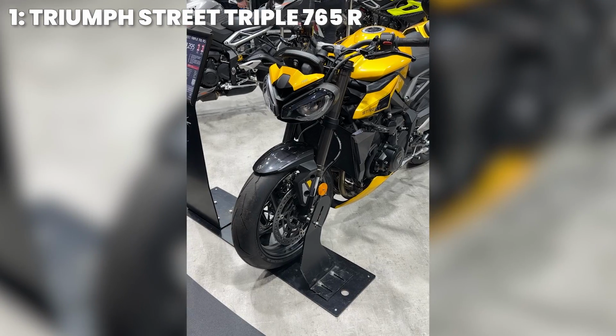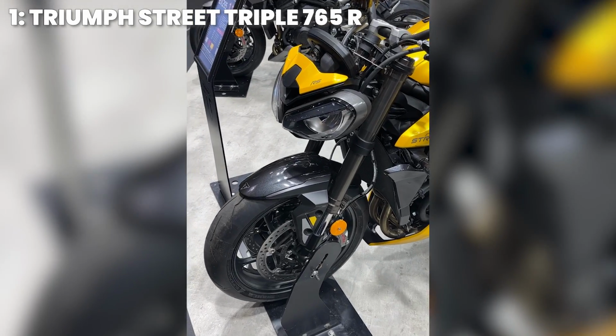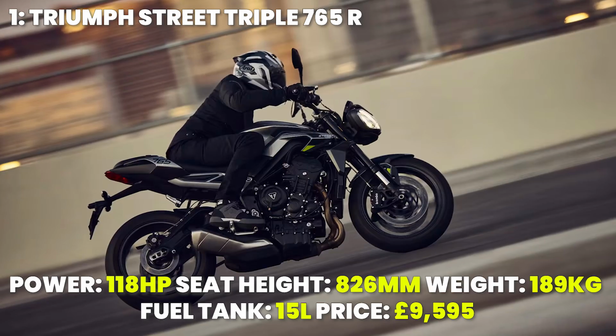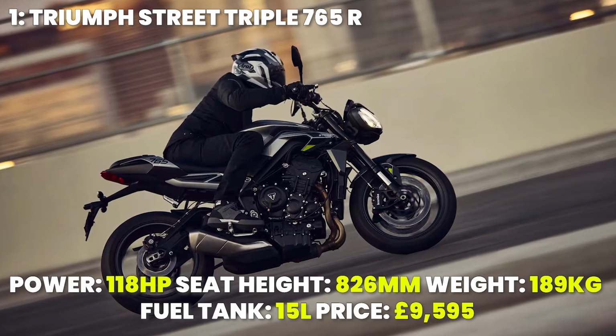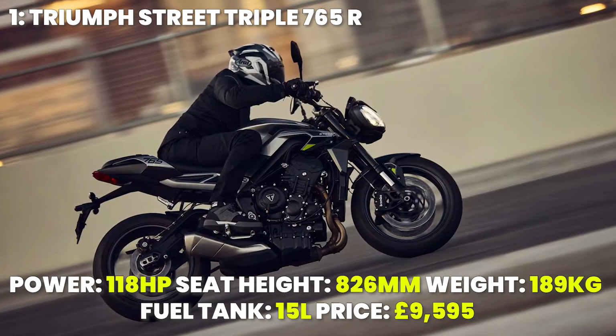If you want to push things even further with more power and even more gadgetry, the RS version turns the Street Triple into a sporty track weapon for an extra £1,800. So the power is 118 horsepower, the seat height is 826mm, weighs in at 189 kilograms wet, tank size is 15 litres, and the price,